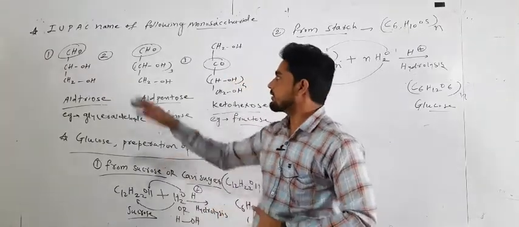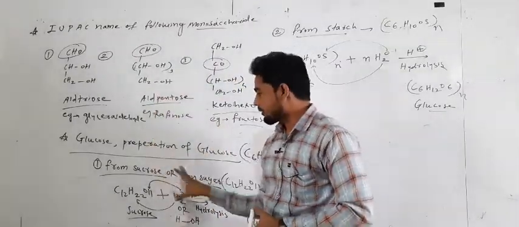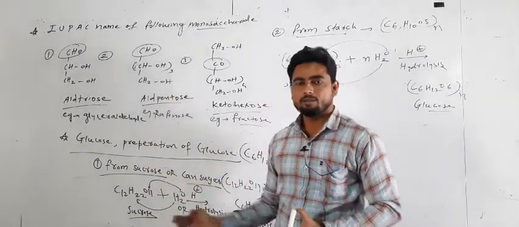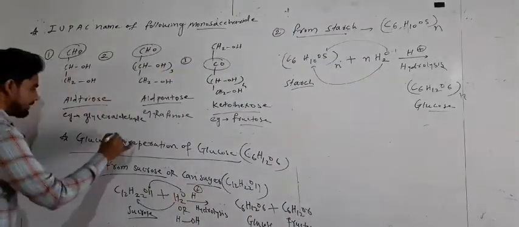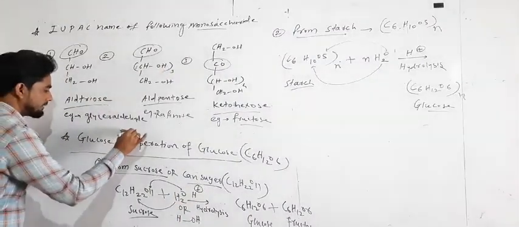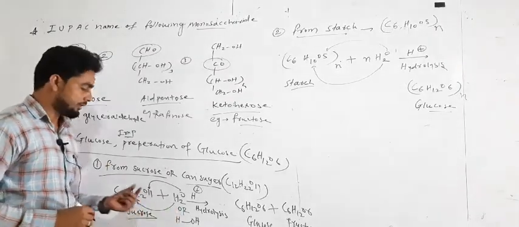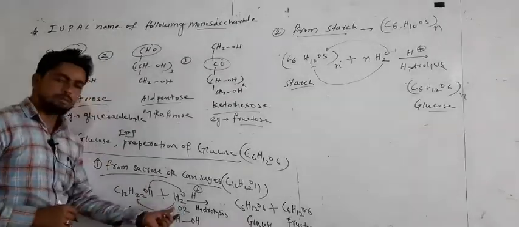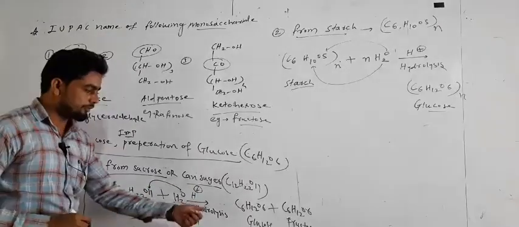So first we take the question, how to name the monosaccharides? Example first, second, third. ठीक है? Now preparation of glucose by using what? Sucrose and starch. ये important question है बेटा. It is a very important question from the exam point of view. ठीक है? Process लिखना है बेटा इसका. क्या process लिखना पड़ेगा? कि when sucrose reacts with the water molecule or hydrolysis with the water molecule, it forms what? Glucose and fructose.